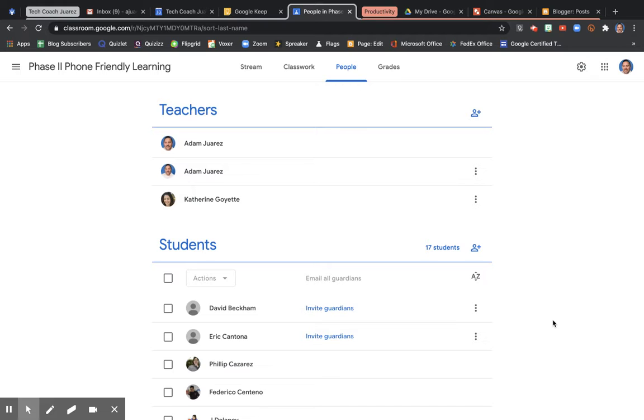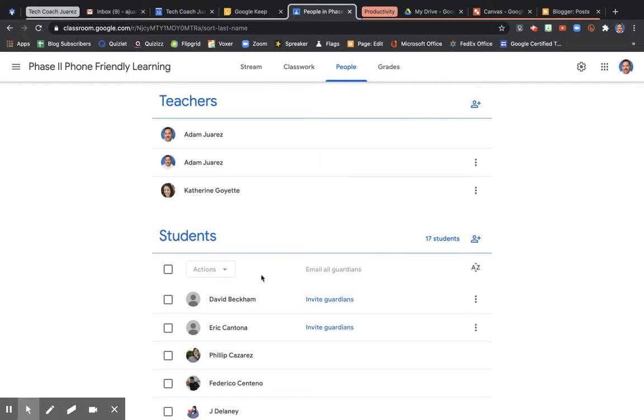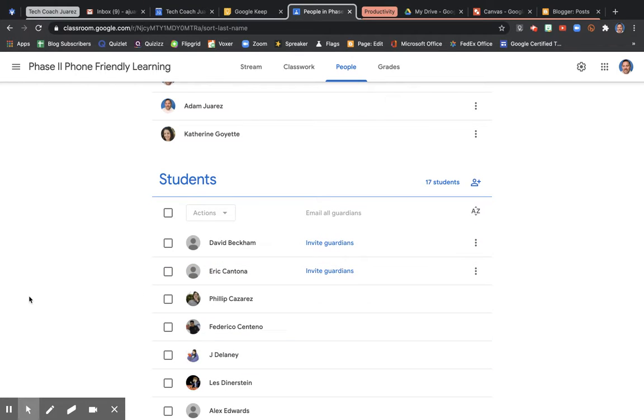And all you need is to somehow get the parent's email. So as you begin your first couple days of instruction with students, you may want to send out a form or gather parent emails in one way or another. So once you have their emails, you simply come over here to your People tab, scroll down so you can see all your students here, and